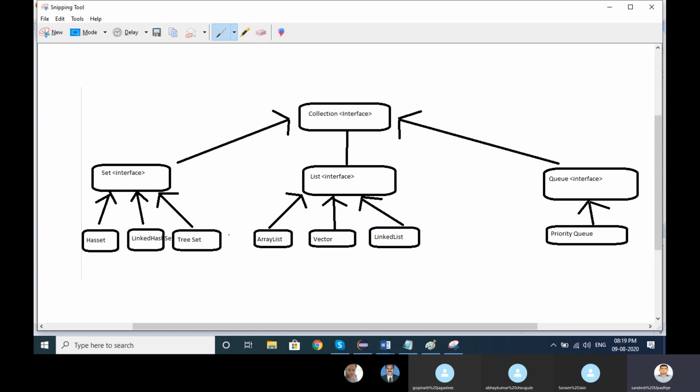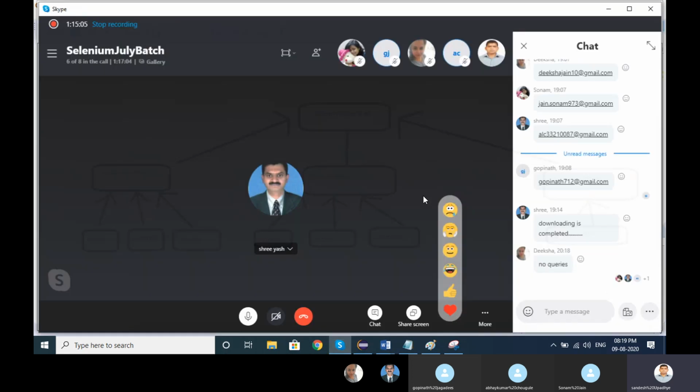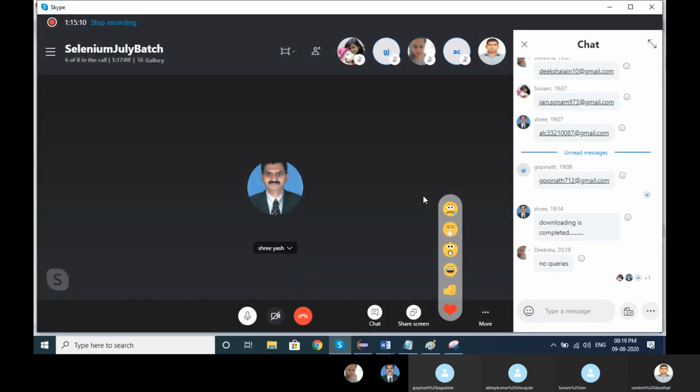This collection, two collection interfaces we have completed. Actually, I want to install your software as well. The other parts, queue and map, are remaining, but we will see them in the next lecture. But if you have some time, can we install that software today itself, or can we see that part next weekend? It's up to you.